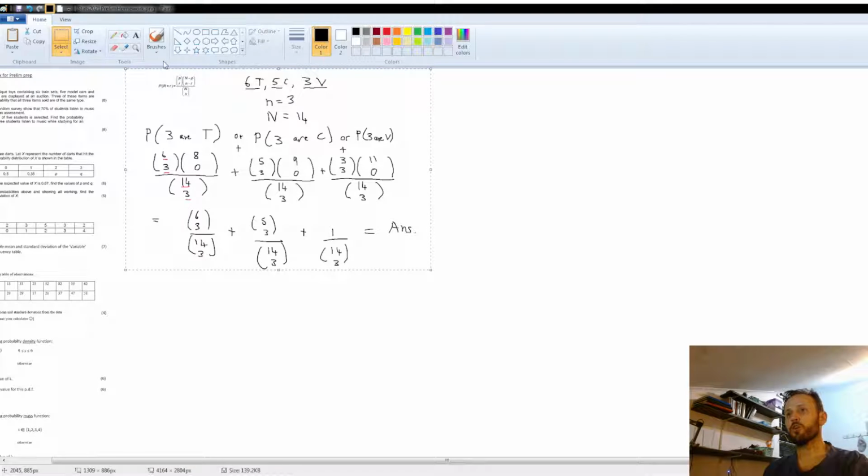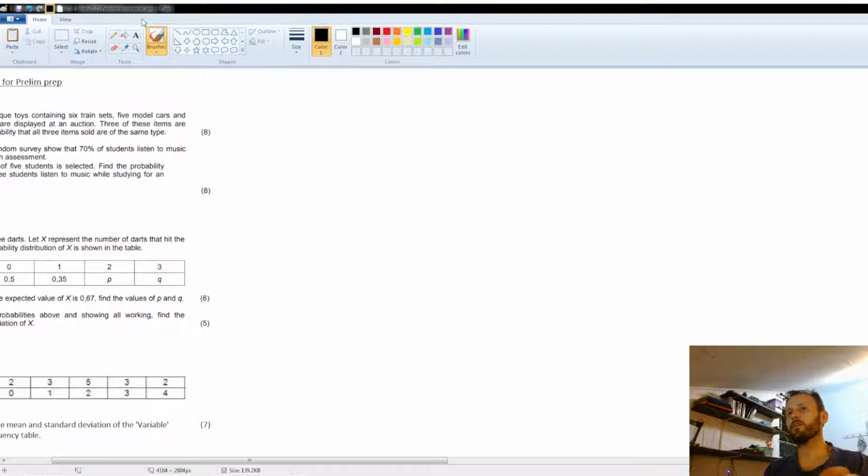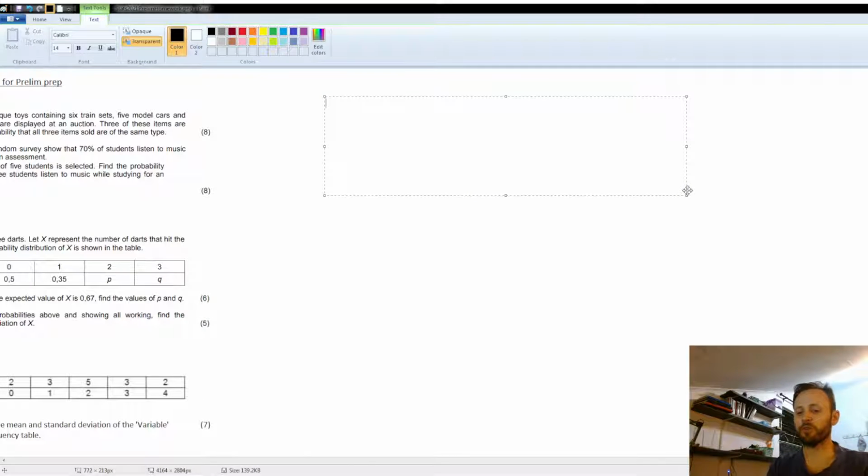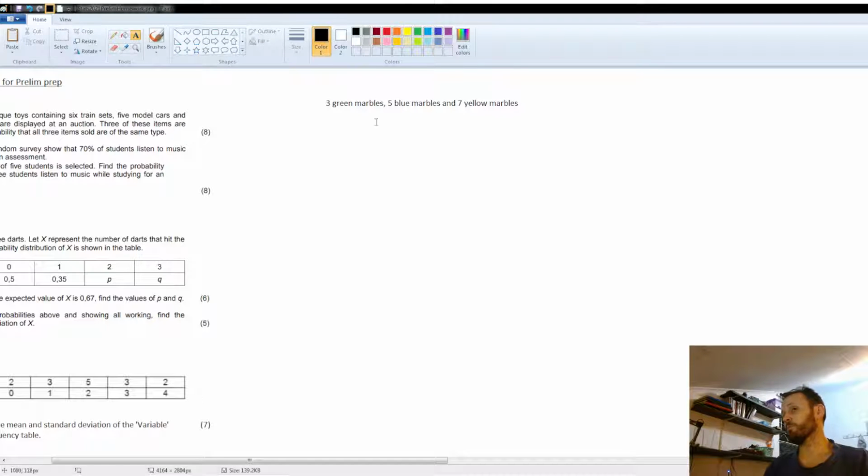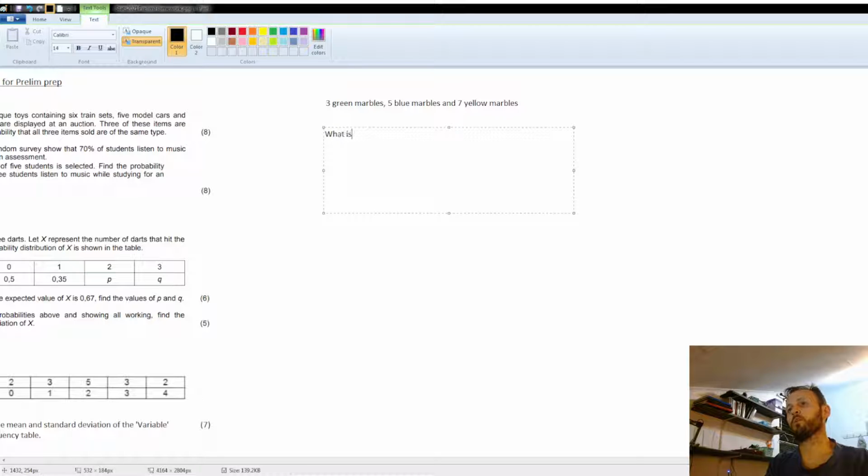Perhaps I should just mention, what would you do if there was more than one category quickly? Just for example, what if you said, this is a very, very contrived example, 3 green marbles, 5 blue marbles, and 7 yellow marbles. Okay, let's imagine that those are your choices. Those are the objects from which you want to choose. And the question would be, what is the probability that